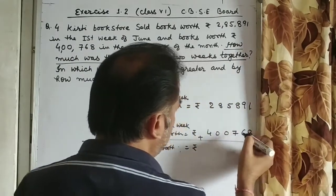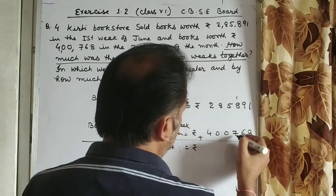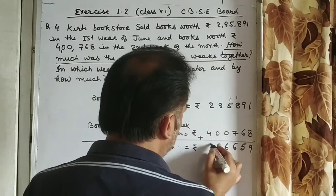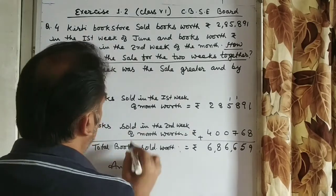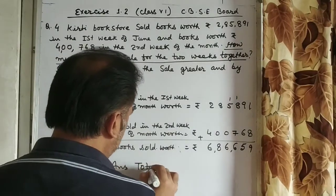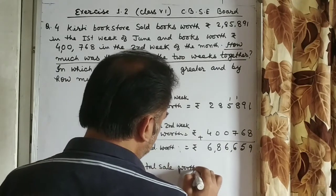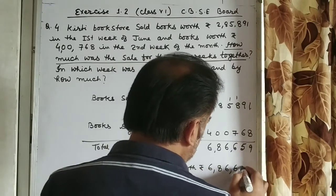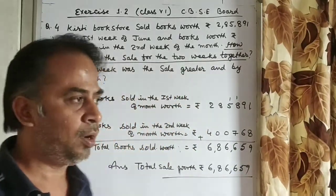1 and 8 is 9, 9 and 6, 15 carry 1, 8 and 1 is 9, 9 and 7, 16 carry 1, 5 and 1 is 6, 8 and 6 is 14. It is your answer. How much was the sale for the 2 weeks? Total sale worth rupees 2,90,659. Clear? Now we move to the